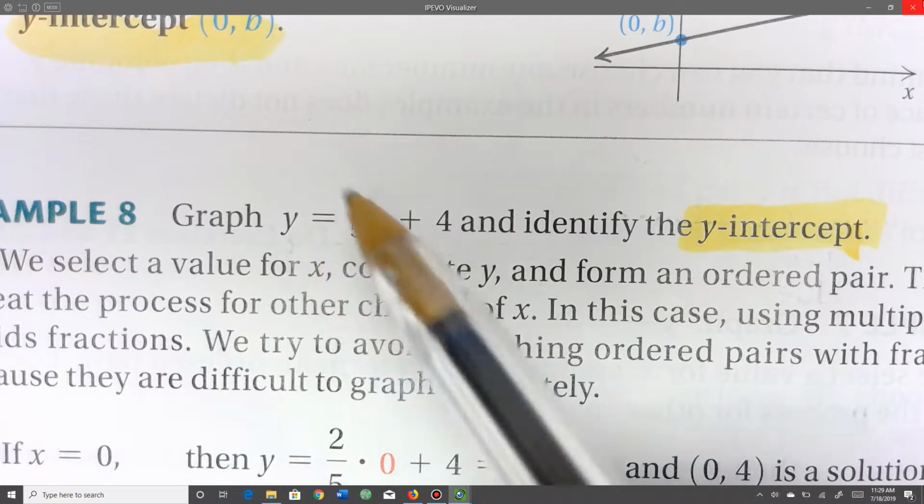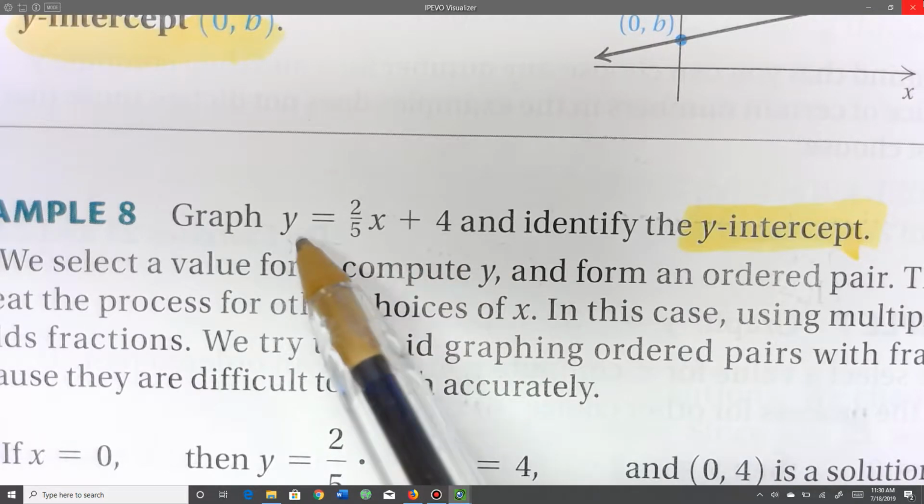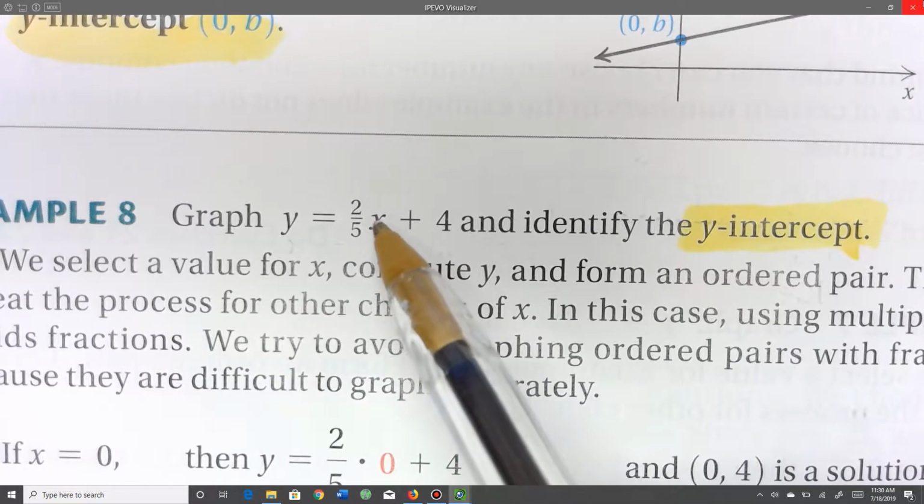So my answer is y equals 4. So my y variable is going to be 4 if I plug in 0 for x,